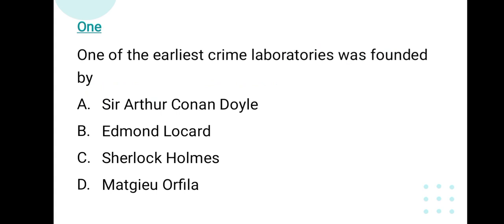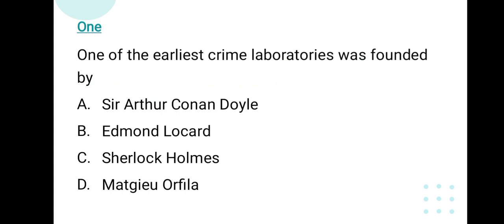One of the earliest crime laboratories was founded by, is it Sir Arthur Conan Doyle? Is it Edmund Lockhart? Is it Sherlock Holmes? Or is it McGee or Fuller? The correct answer is choice B. That is Edmund Lockhart, who is even referred to as the father of the crime lab,